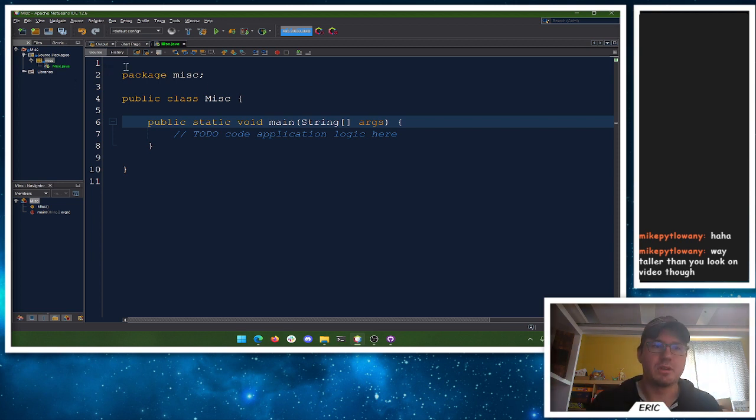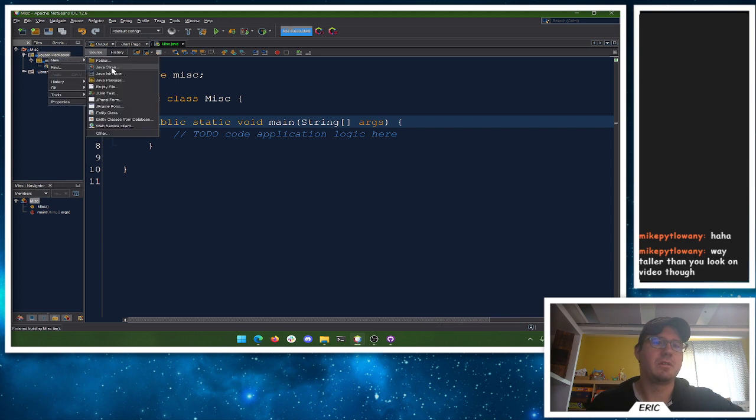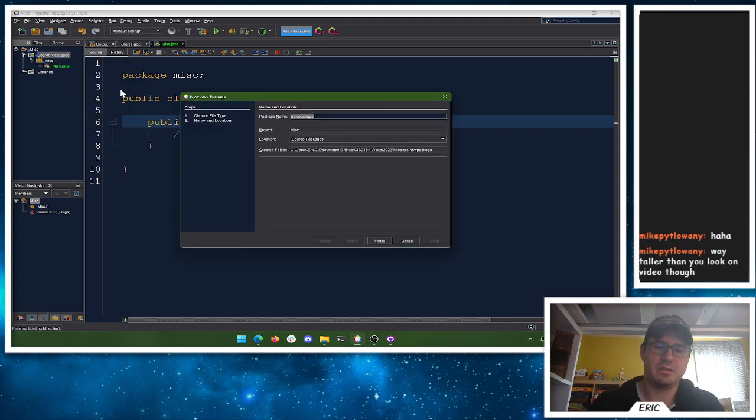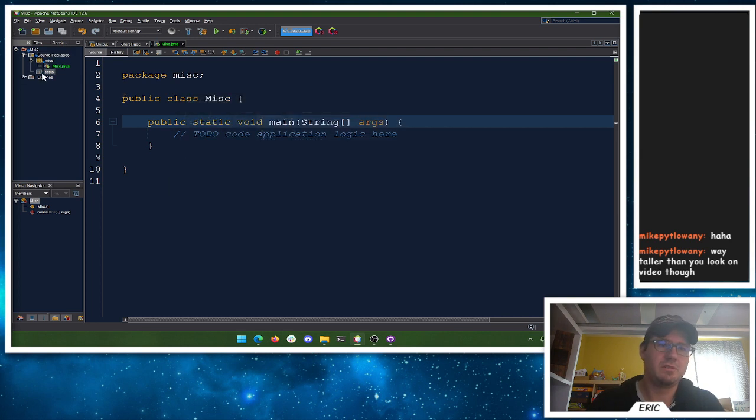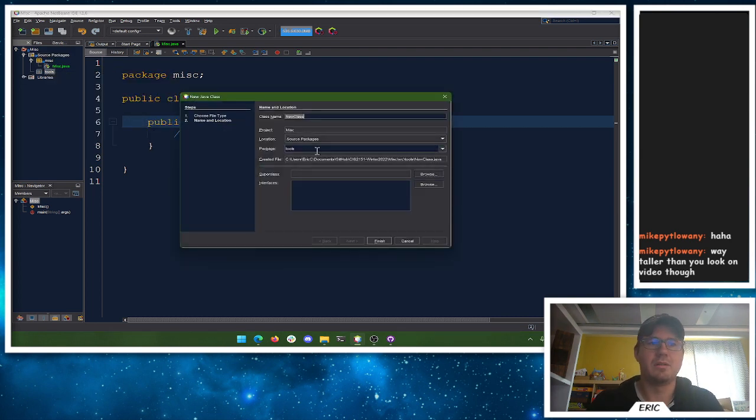Then something like your core logic can be separated out, and you can actually completely pull it out of the working project and put it into its own jar. So if you just go build a project, although this one has main, so let's build another package here. Let's see, it's like tools, and inside of this package we'll make a class here for, I don't know,